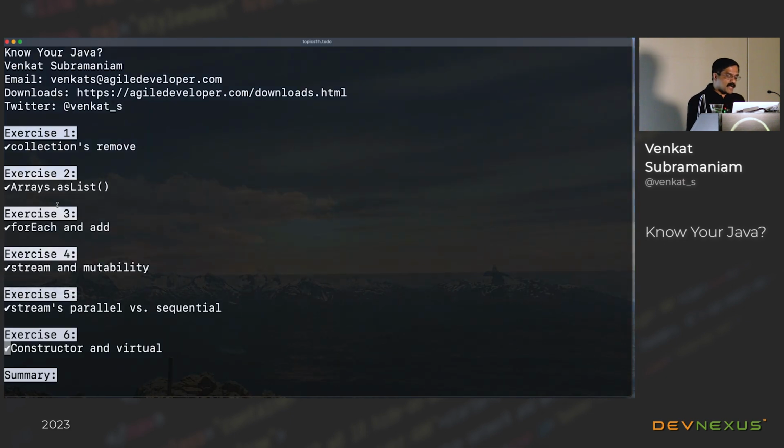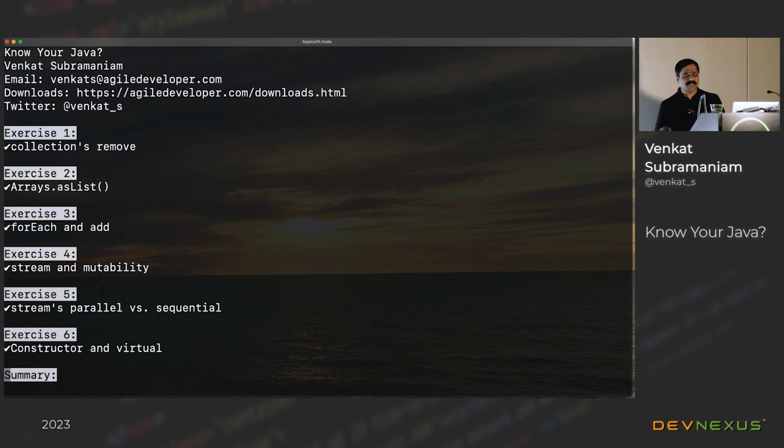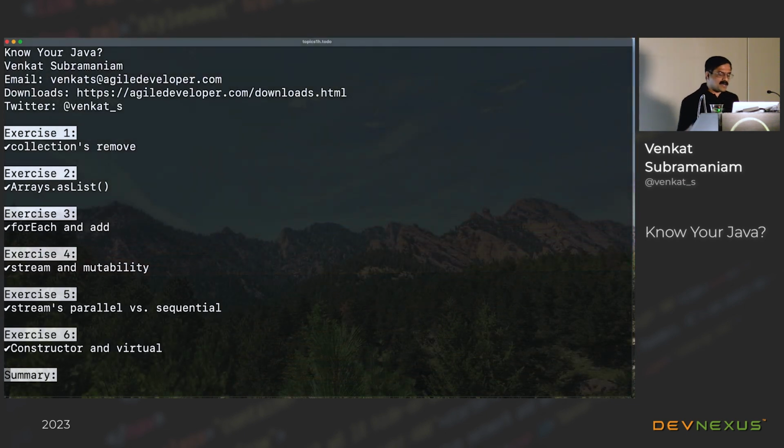So to summarize what we talked about here, we looked at a few examples, but these examples are, like I said, things that I've stumbled upon, stubbed my toes on, or I've seen other people stub their toes on, and I was just around to sympathize with it. But the point really is, we need to be extremely careful to understand the semantics of the code. We need to really deeply understand the behavior of the code, and if we don't, we may create application code that behaves in a way that we don't understand, that increases the cost of development and cost of maintenance, so we have to be really careful about it.